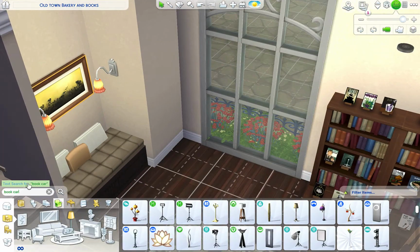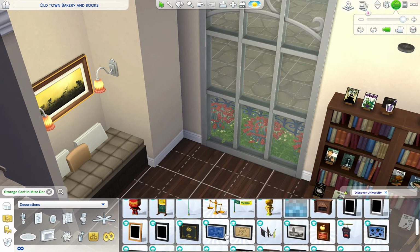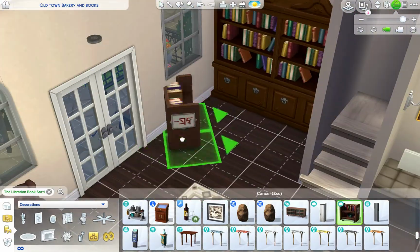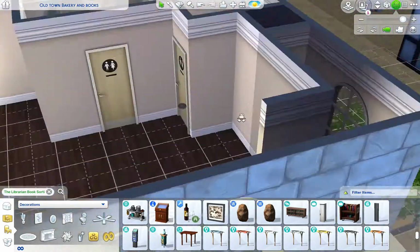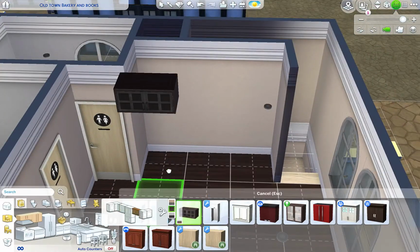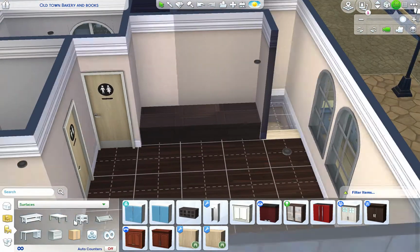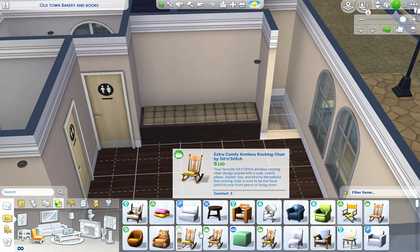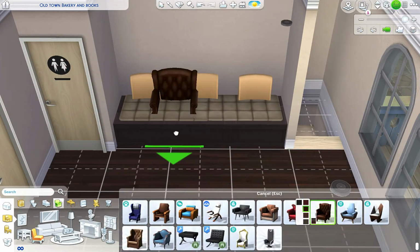Same thing with a bookstore, you set all these books around and then you set every single one for sale, and then that's how sims come up and you can talk with the random sims that get generated. They have different functions and socials for you to do for retail lots. It's like greet customer and ask about price range and stuff like that, and you can do those until the customer has this full bar at the top of their head. I'm not sure what the bar means, but you want them to have that full bar,